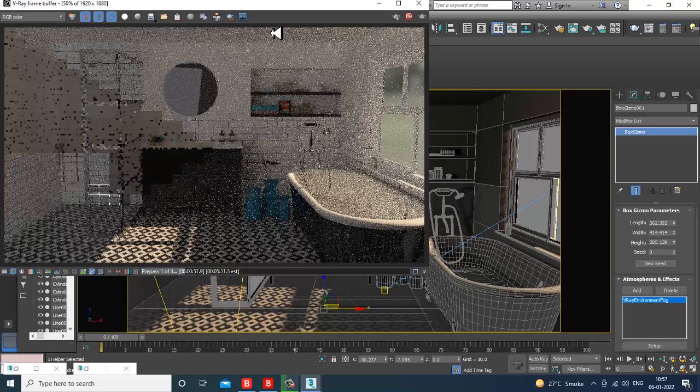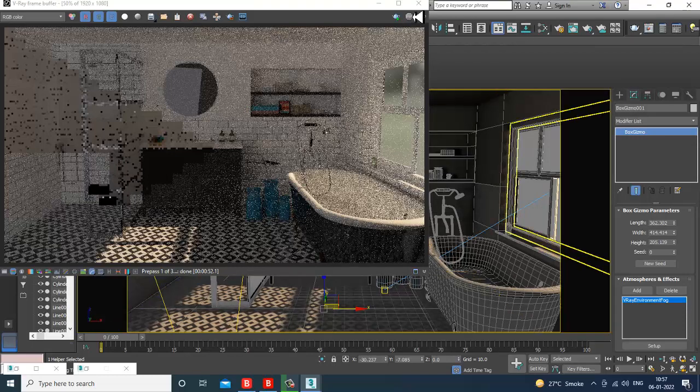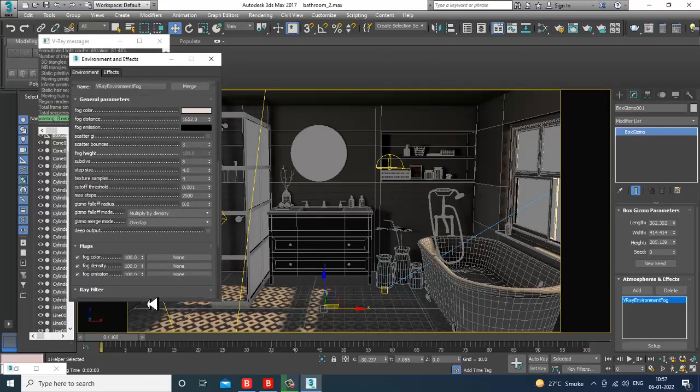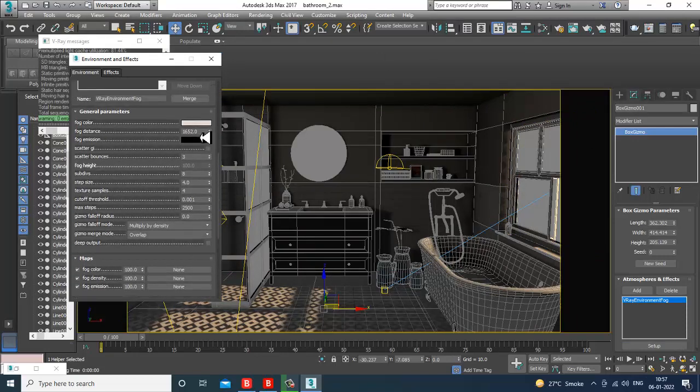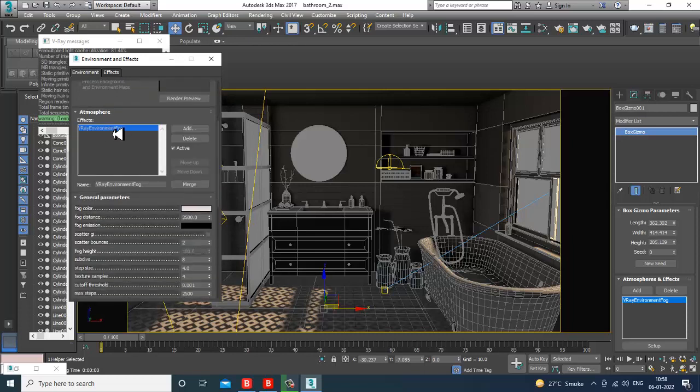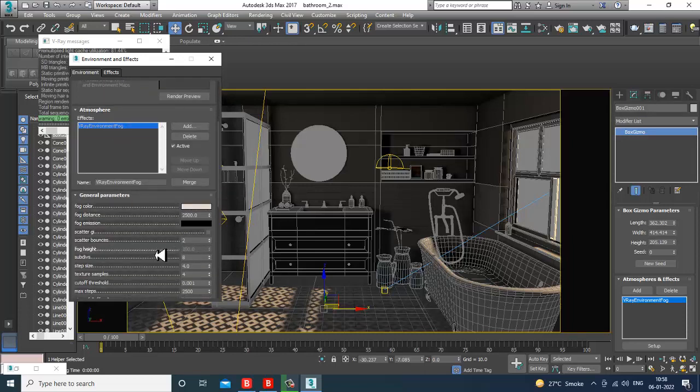So what I can do over here is, I'll go into this setup. I'll increase this value. Scatter bounce, I'll keep it as 2, and fog height, so you can increase the fog height. Subdivisions I can increase to 24.